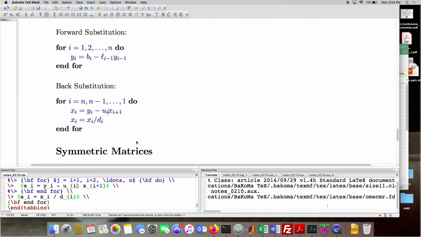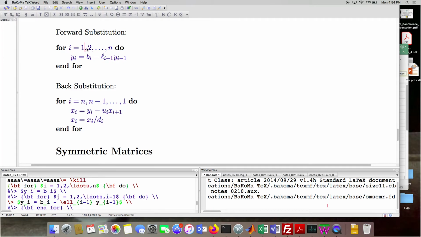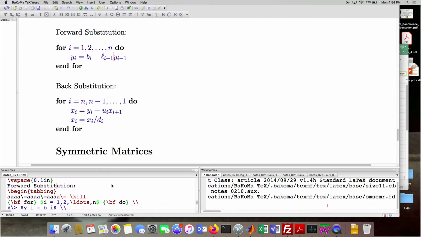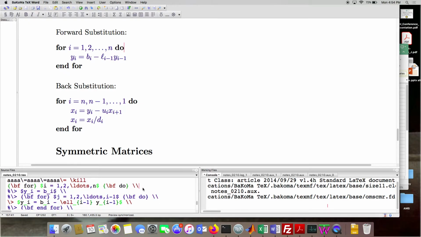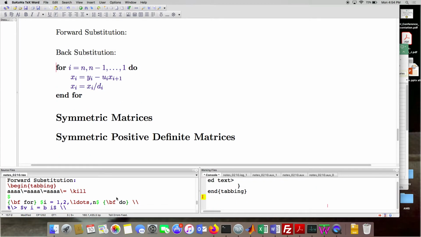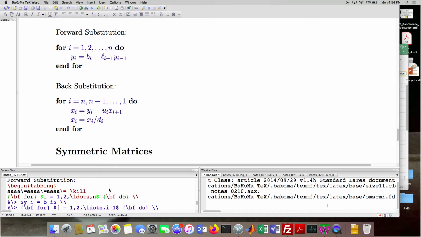Now, the only thing that I have to be more careful about in these implementations, like right here, when i is equal to 1, this reference would be invalid, L_0, because the elements of vector L start being indexed at 1. So here, what I really should have is an if statement. Or what I could do is the following. Set y,